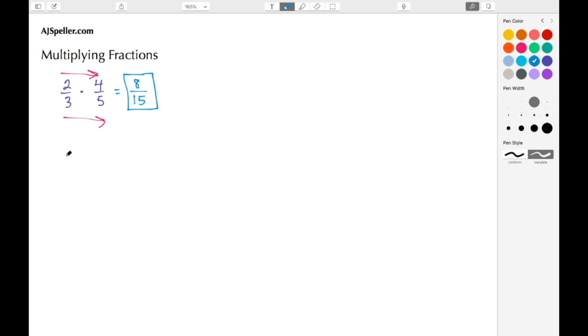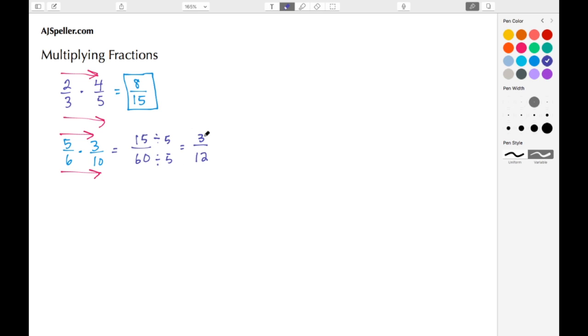Let's take a look at another example. Here we're going to multiply 5/6 times 3/10, and again we multiply across the numerators and then across our denominators. All right, numerators 5 times 3 to give us 15, and then our denominators 6 times 10 to give us 60. We notice here that in the ones place we have a 5 and a 0 for these two numbers, so we know we can divide both of these numbers by 5. All right, well, 15 divided by 5 leaves us with 3, and then 60 divided by 5 leaves us with 12.